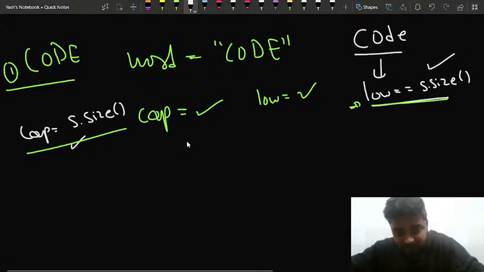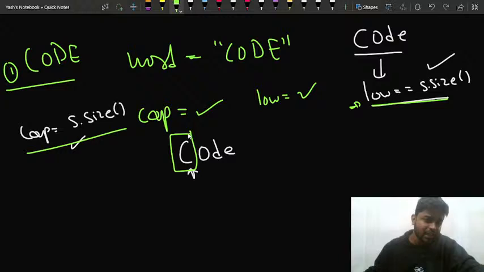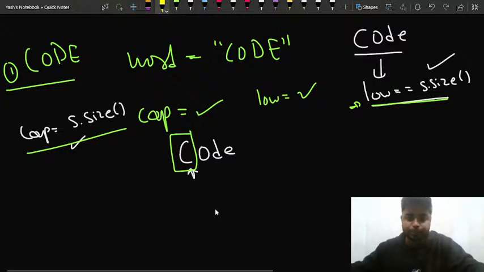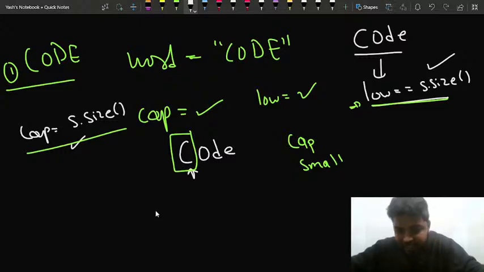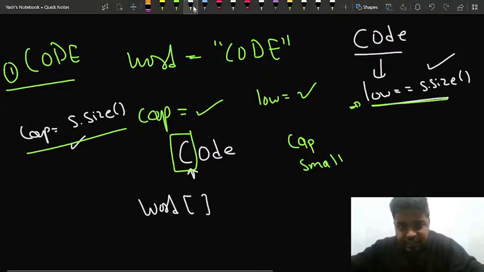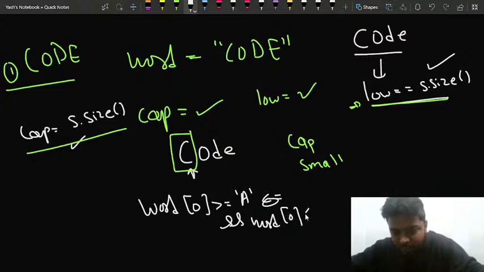Or you can have something like this, "Code", where the C is capital, right? The first character is capital. So in this particular case, what will you say? If you are talking in terms of the count of capital and small, you will check the first character, that is word[0], at the 0th index. If it's capital, if it's in the range, greater than or equal to 'A' and lesser than or equal to capital 'Z',